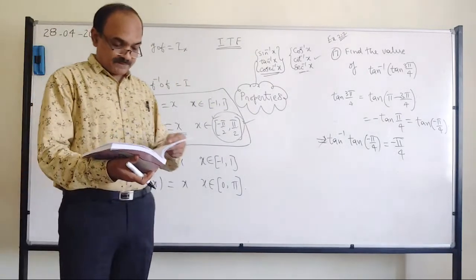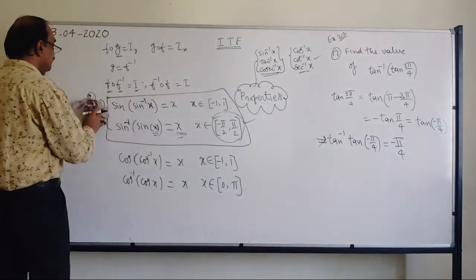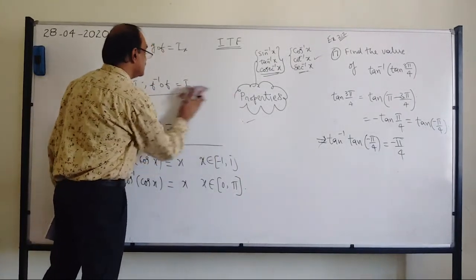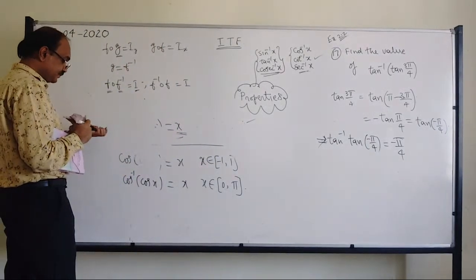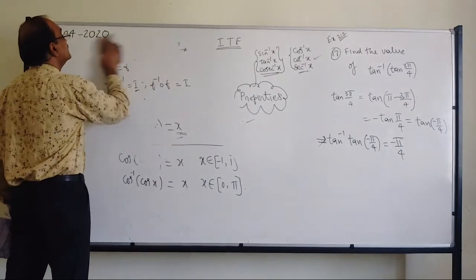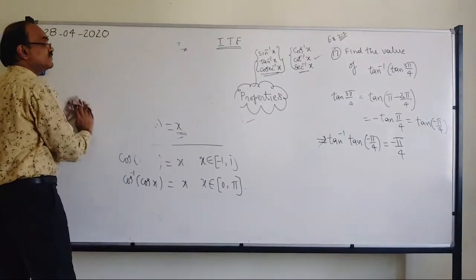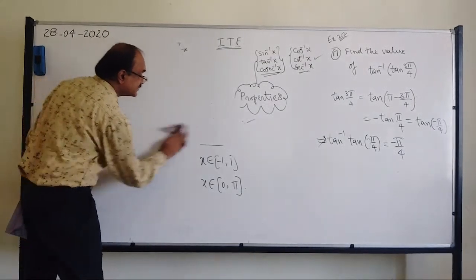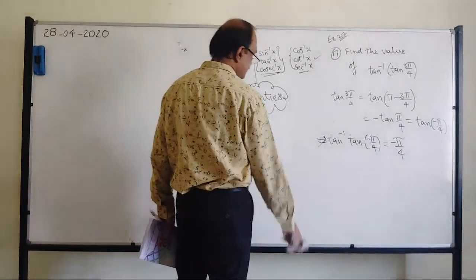Now, we'll move on to the next property. Based on this, there are not many questions, but just for the sake of completeness, let us take this property. Just remember that there is one such property. Sometimes it may be useful for you. Now the numbering is used for the properties, as per the textbook, and starts with number 1. This is based on the range of inverse trigonometric functions, which we discussed earlier, so they have not given separate numbering for that.